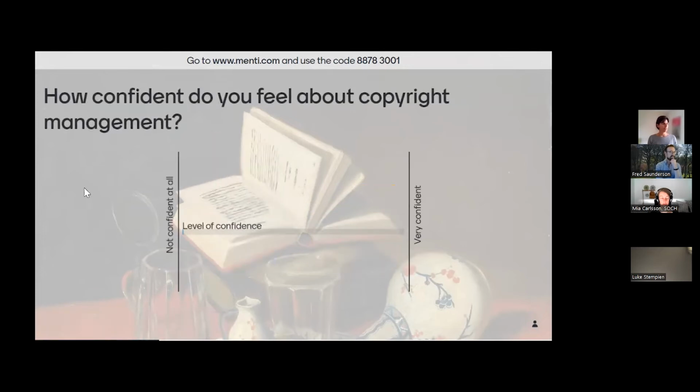How confident do you feel about copyright management in general? And that's a concept that we'll probably dive deeper into in a moment. But from what you might think copyright management consists of, if you already do that at your own organization, what would you say is your level of confidence in managing copyright?